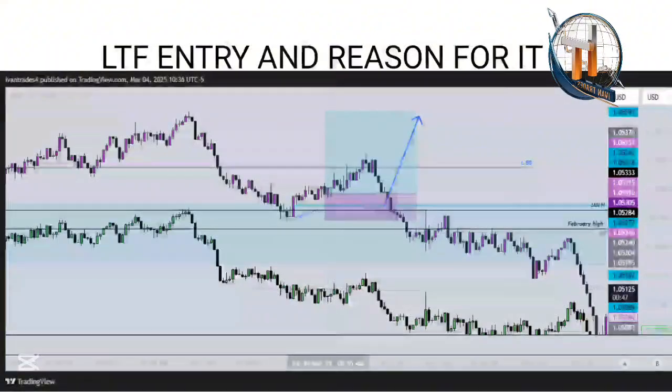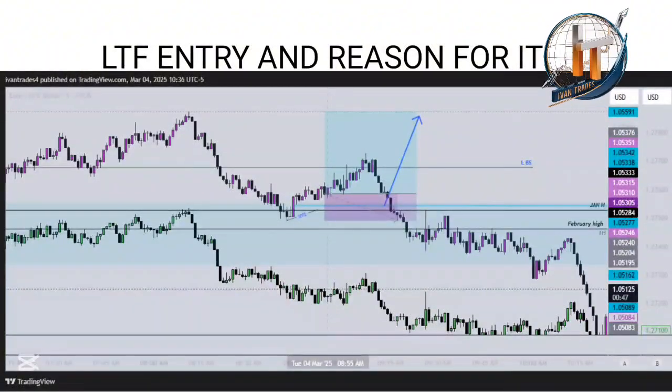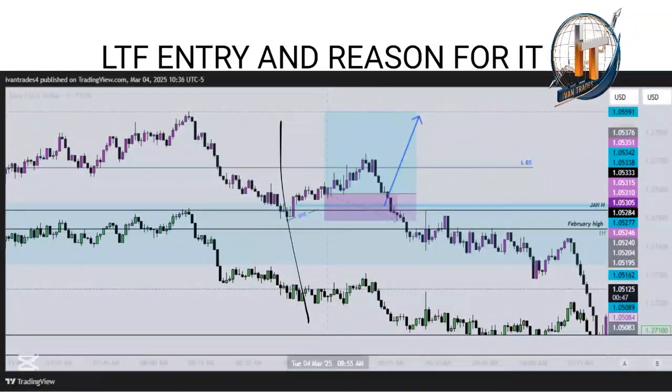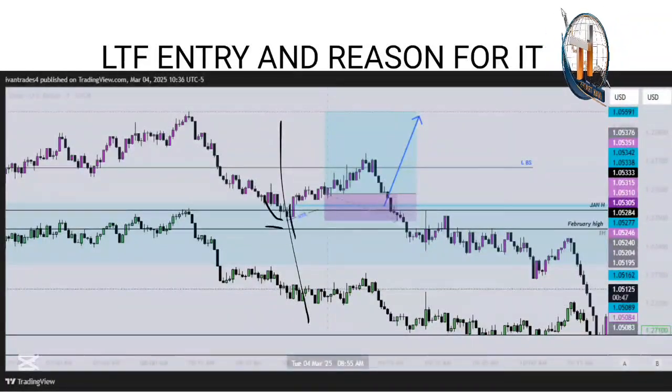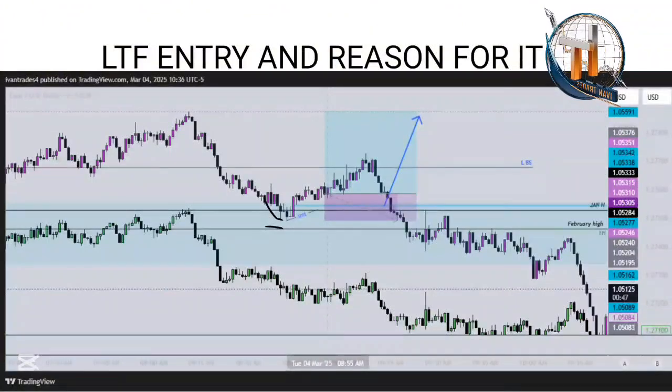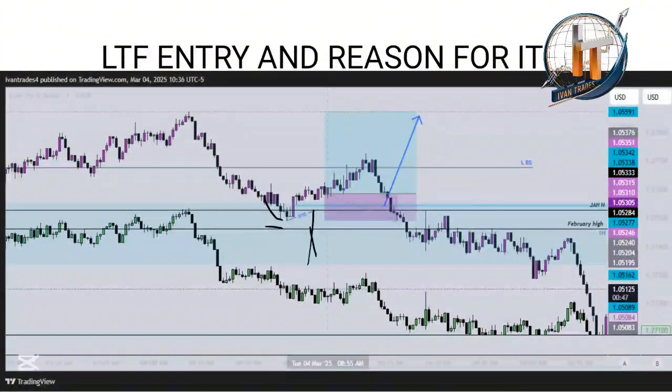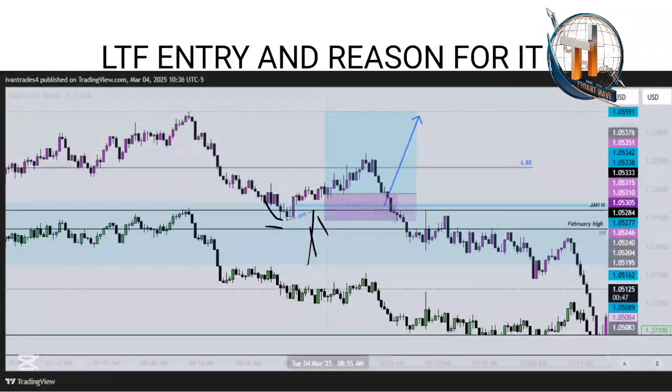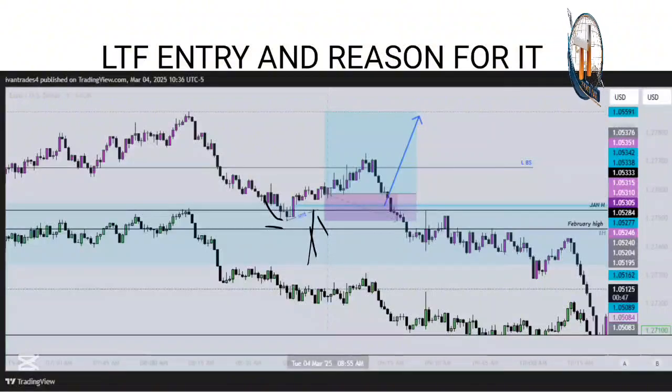On the lower time frame, you can see my trade right here during the open of 8 a.m. We've seen price reprice to the downside a little bit and displace into the range right here with that big bullish candle, and then price formed an SMT during my time of interest inside of this 1 hour CB. So I was expecting some continuation to be in play, but what I did not take into consideration was the fact that